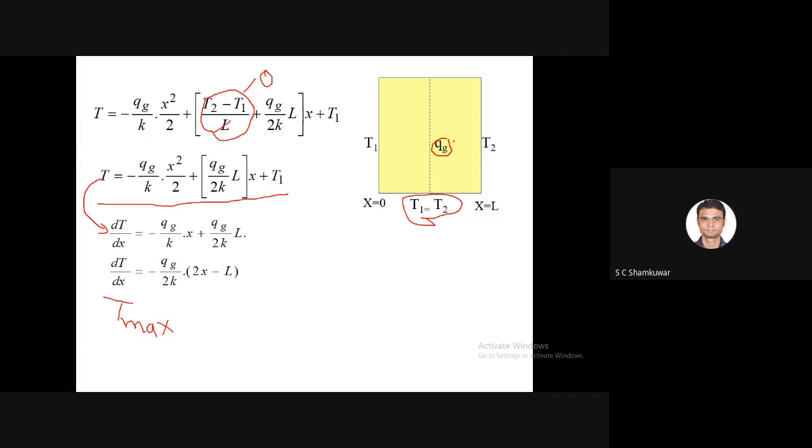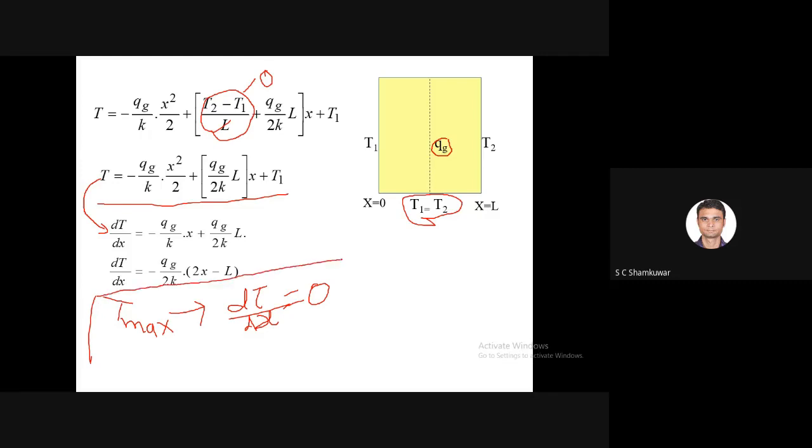Okay, understood? But there is heat generation Qg, and because of this inside heat generation Qg, at some point a maximum temperature will exist, which will be greater than T1 and T2. Therefore, we need to find out that T max. So for T max, what is the condition? Whenever T max occurs at any distance, the change of temperature with respect to x, dT by dx, should be 0. So this is the condition for T max.